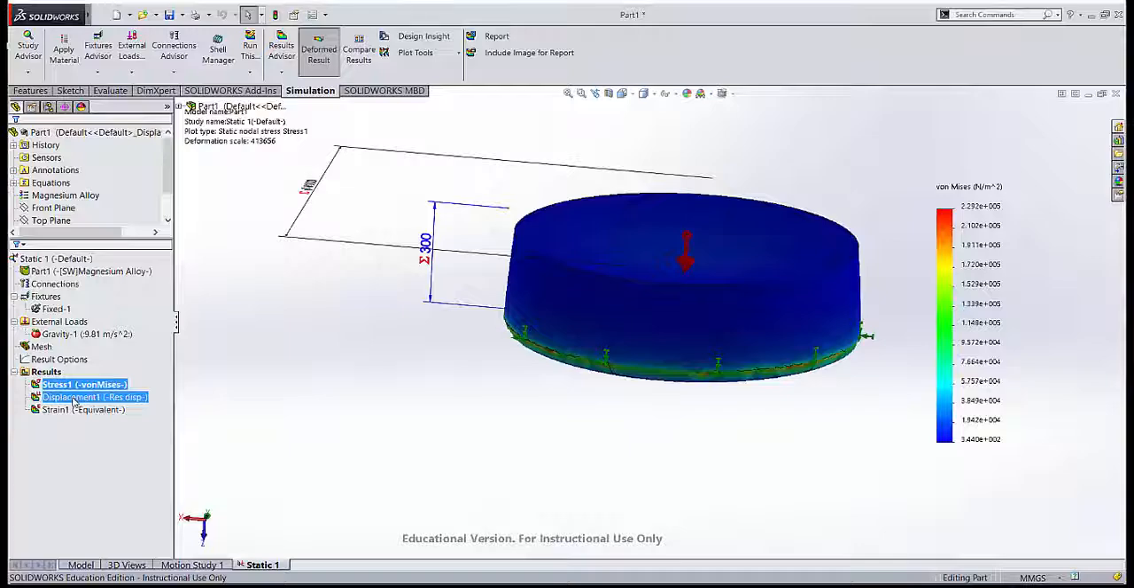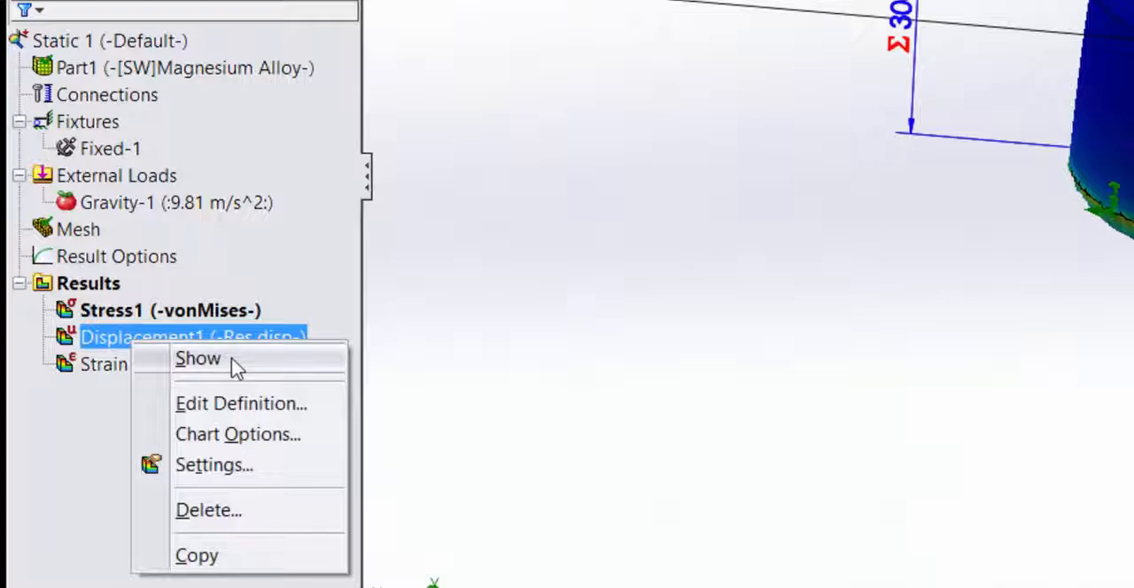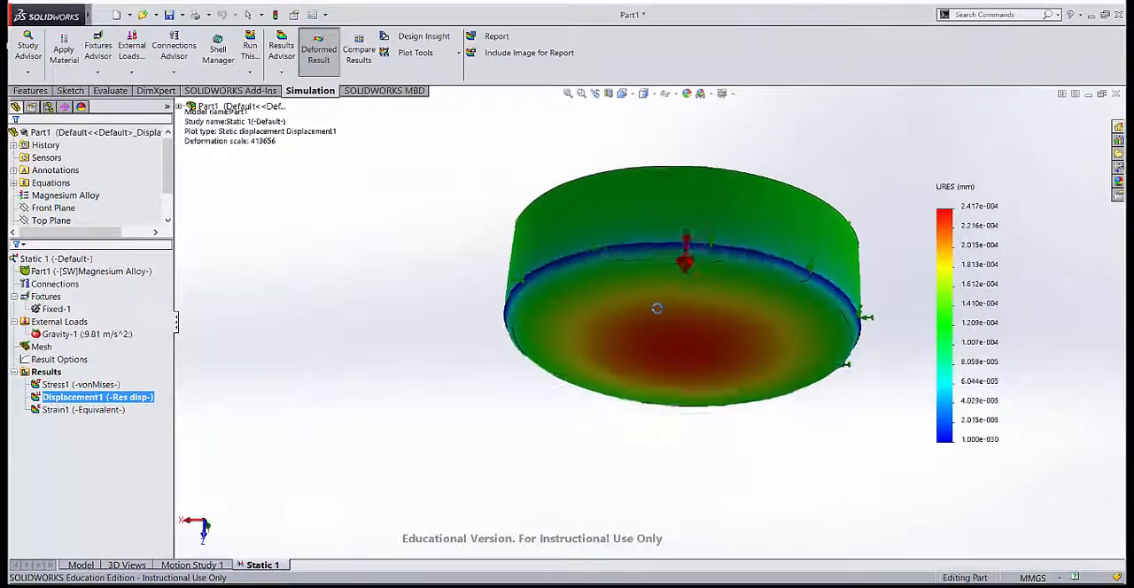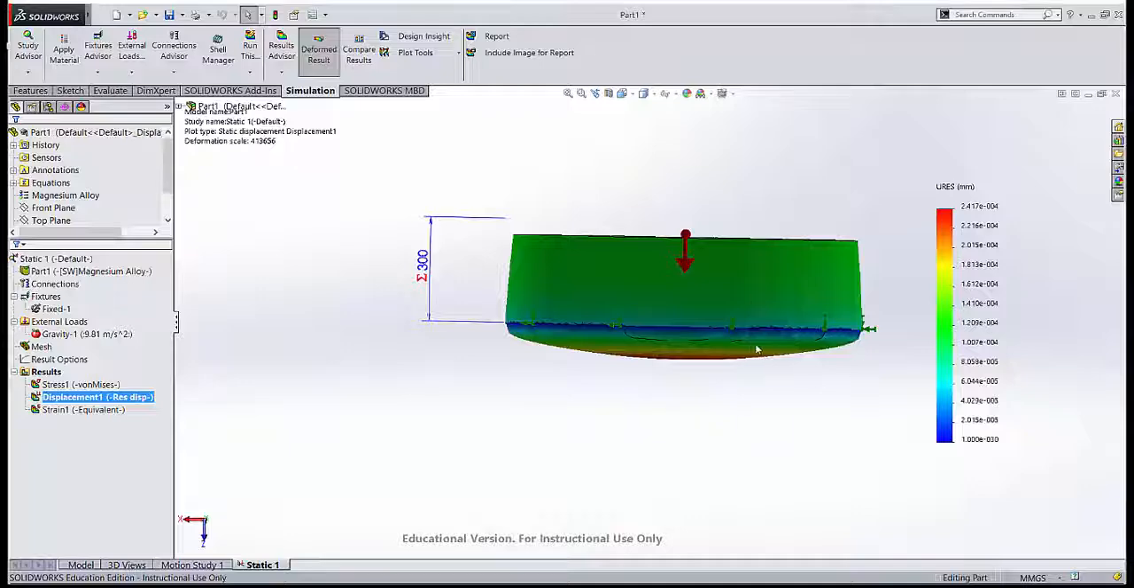If we wanted to see the displacements, we can right-click on the displacement result and click on Show. This will now show us the displacement of all the points superposed upon the final exaggerated geometry of the circular disk under its own weight in normal gravity. We'll note here that the deformation scale shown in the upper right indicates that the scale of these deformations or displacements is